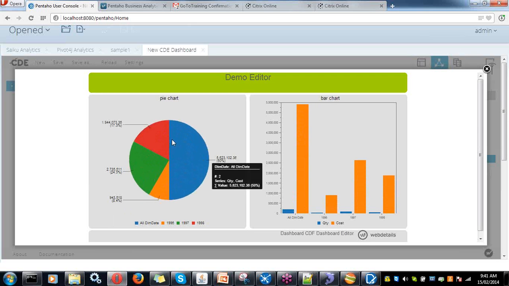So we have created a BI end-to-end solution using Pentaho. We started by extracting the data from the data source using PDI. We created the data mart. Then through Schema Workbench we created the cubes, and now we are doing the analysis part. From scratch we have created demo dashboards. This is what I have for today to show you the capabilities of Pentaho and how we can create an end-to-end solution. If there are questions, please